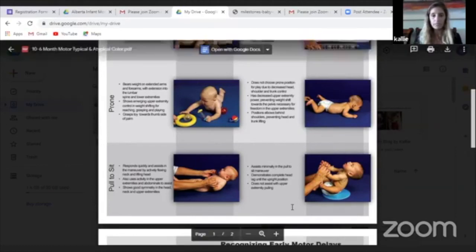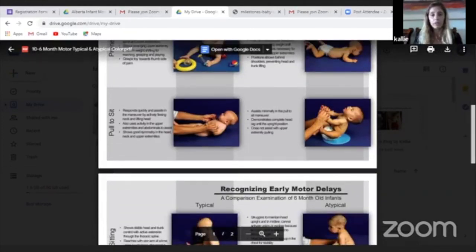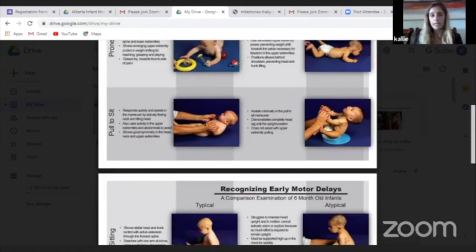If we look at pull to sit now, at this age, they should have really good neck control. The facilitator is grabbing the baby's hands, and he's got his arms bent. He's resisting back, trying to pull himself up. The neck is tucked in. Now, when we look at the other baby